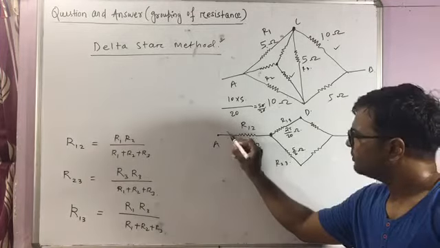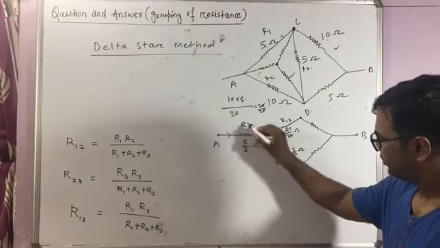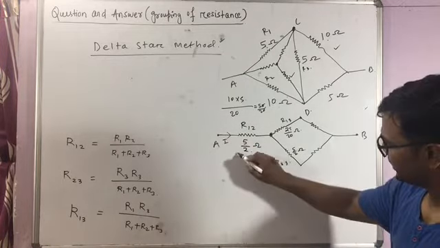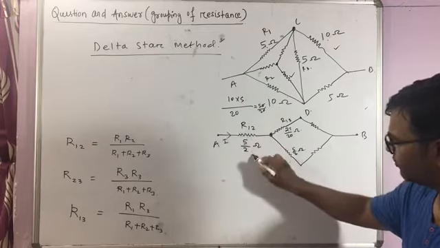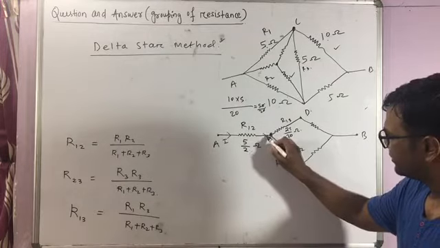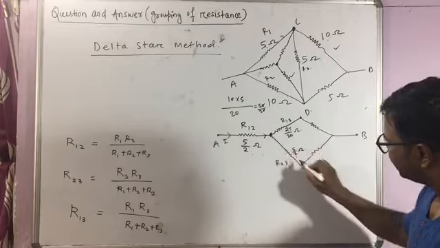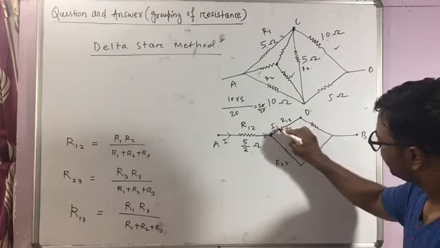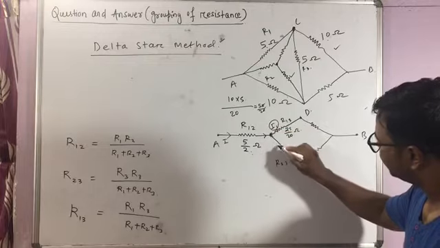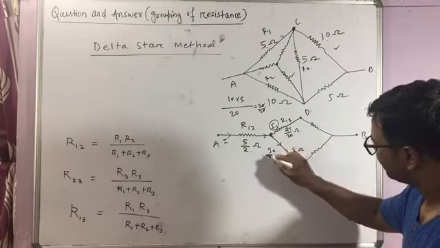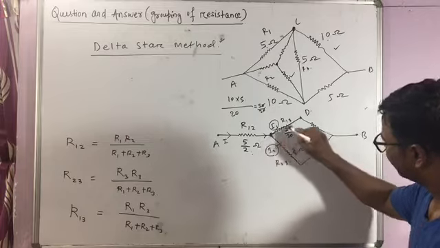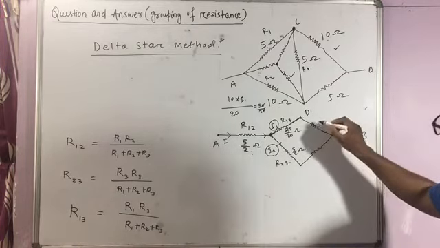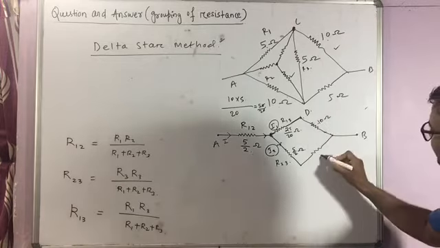If a current will come here, the current what is entering to the network I, the entire current will pass through this 5 by 2 ohm network resistance. It will come here, it gets split here into two ways. Suppose in this branch I1 amount of current will flow, and in this branch I2 amount of current will flow, and I1 amount of current will reach here through this resistance is 10 ohm and this resistance is your 5